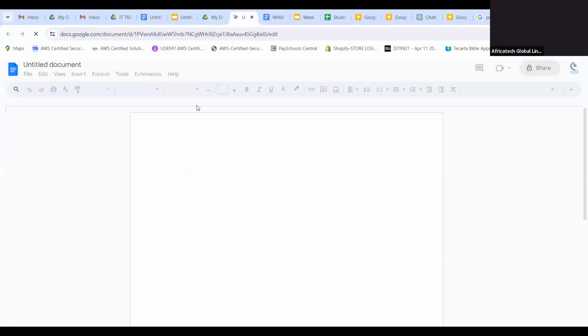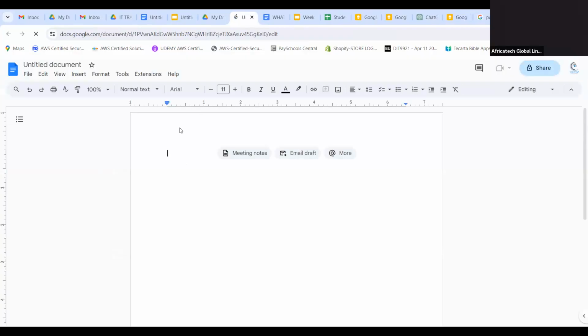Let's do something with Google Docs first. In a few minutes, let's do something with Google Docs. Those who are here can follow, and maybe you do it later, because I recorded, so you can use that later. Next week is actually dedicated to Word documents. We're going to practice Word, because I know everywhere you go, if you know Word, you are fine. Let's write a letter to my friend.